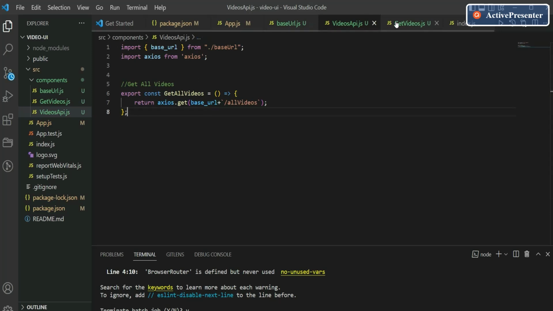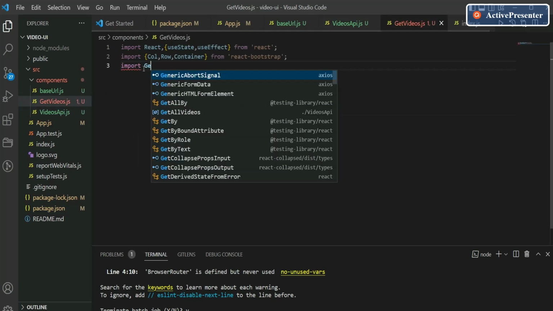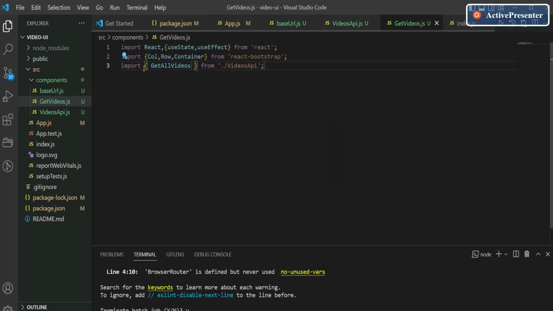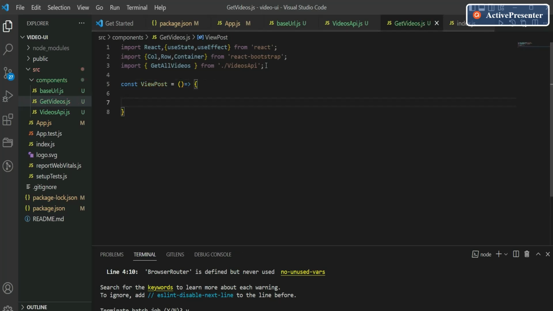So I will move to our getVideos and I will import getAllVideos from videos API. Now I can use that API in this component. So I will first create one React functional component, const ViewPost. I will create one arrow function here, and before doing anything I have to create one useState